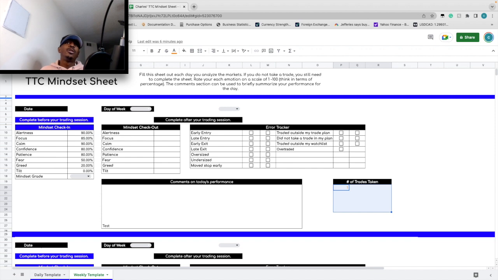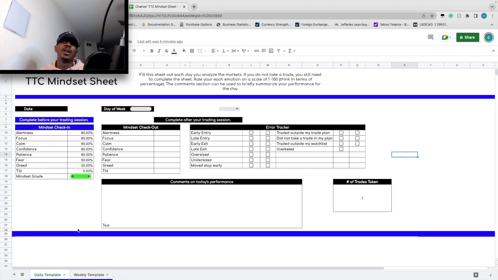So for example, we're looking here at the different mindset check-ins that we can do on both a weekly and a daily basis, right? And we're looking at my TTC mindset sheet here, right? So this is the daily one. I did this today before I took some demo trades, and today I was saying I'm probably like 90% alert, right? So like, how alert are you coming into the session, right? Are you fully alert, awake, all this kind of stuff? I feel pretty good, but I did wake up just a little bit groggy today. It took me a little bit longer to get out of bed, and when I was doing my meditation, I kind of fell asleep. But once I woke up, I felt way better and I felt more alert. So I gave myself a 90.